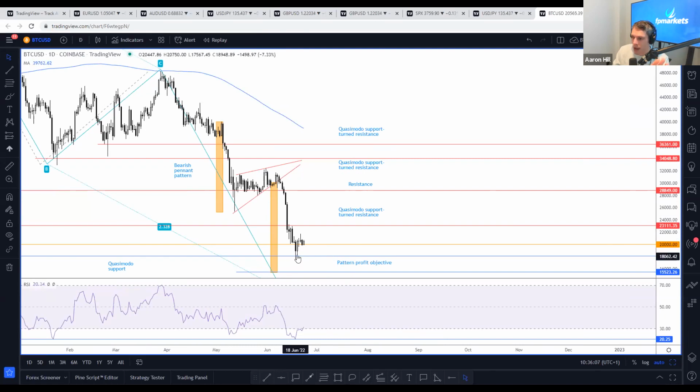Okay, and what happened is you could have taken a long position based on the idea that the 20K area was highly likely to suffer a whipsaw. So what you're doing is you're buying into weakness. I do not like this word, but you're buying into pain with the bear trap below that 20K area. I hope this is making sense, guys, because this is how I look at charts on a daily basis.